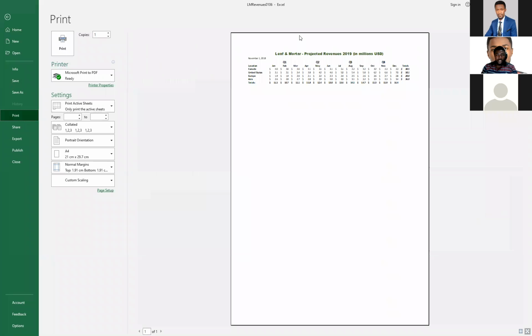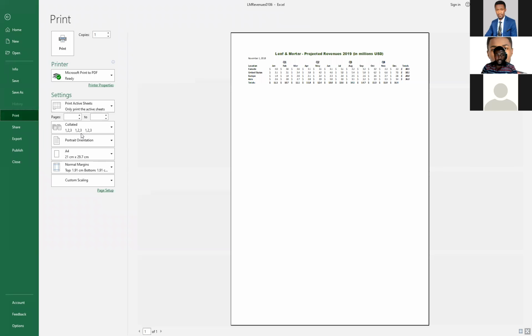Now these are the margins. It is this distance. So this is what it means by the top. This is the left, this is the right, and the bottom is going to be down here. So it is this space that you have up here, the left, the right. So if this was too big and you want to drop this down a little, all you need to do is to come under